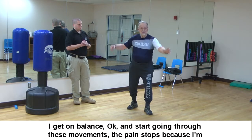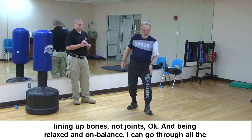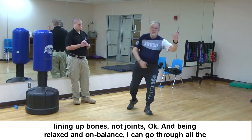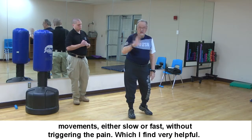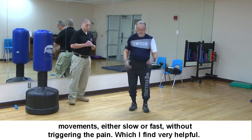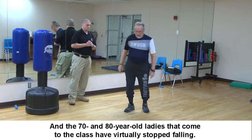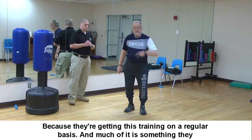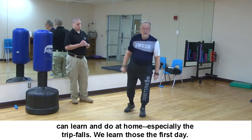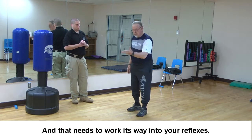And the moment I get on balance, okay, and start going through these movements, the pain stops because I'm lining up bones, not joints, okay? And being relaxed and balanced, I can go through all the movements, either slow or fast, without triggering the pain, which I find very helpful. The 70 and 80-year-old ladies that come to the class have virtually stopped falling because they're getting this training on a regular basis, and much of it is something they can learn and do at home, especially the trip falls. We learned those the first day, and that needs to work its way into your